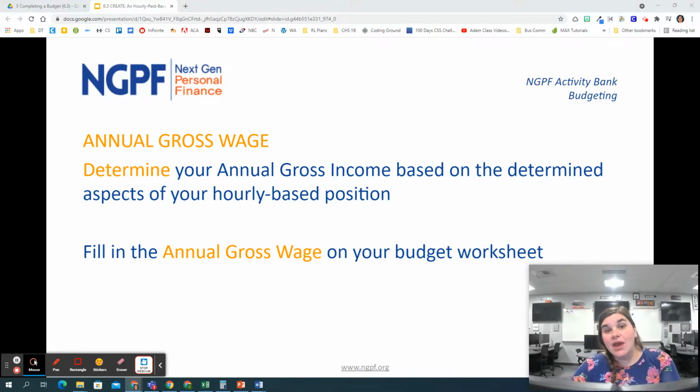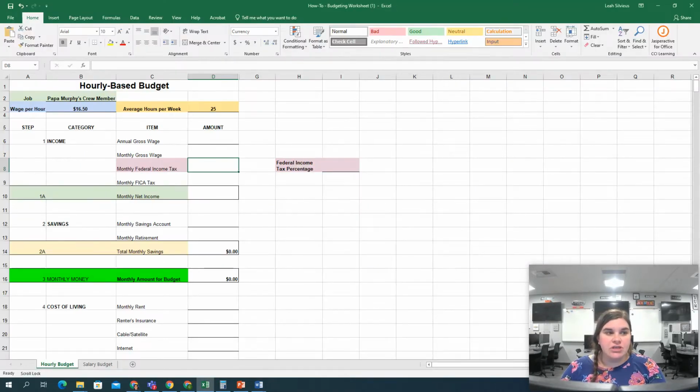So now we're going to go ahead and calculate our gross wage. What's important is that we're going to start with your annual income first, because we're going to need to determine that for our taxes, but also so that we can then quickly determine our monthly gross wage. So on your spreadsheet, we have the annual gross wage here in cell D6. So we're going to go ahead and put that in here and then calculate our monthly gross and our income